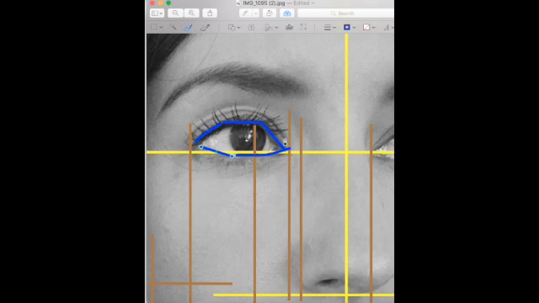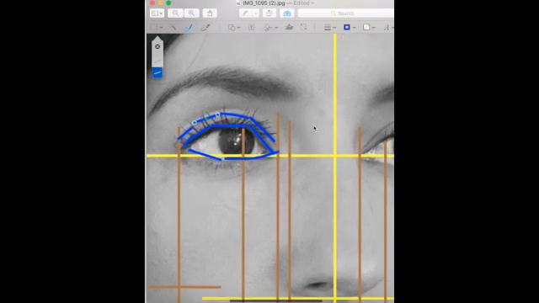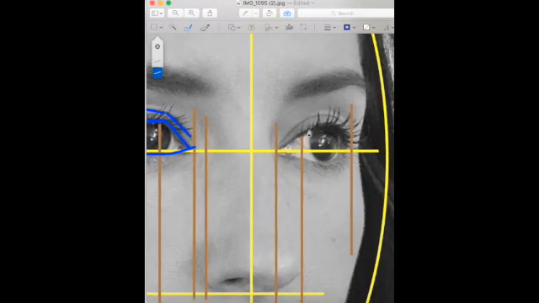You can also do the same thing for your eyelid. 1, 2, 3, and I see 4 sections here, so you may divide it into more or less depending on your particular eyelid or eye shape. Then I'm going to do the same thing on the other eye, because each eye is going to be different,